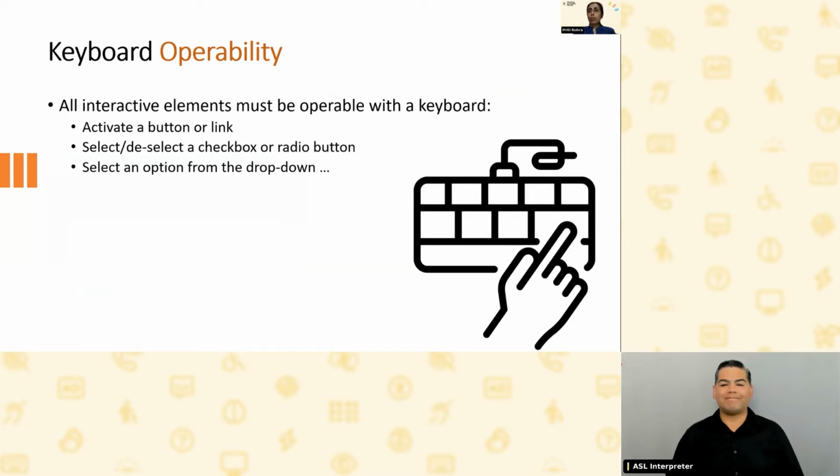So when we talk about keyboard operability, okay, again, native elements have all the information or all the functionality baked in. A button can be operated using the enter key or the spacebar key or even the return key on the Mac side of things. Same is the case for link. Select drop downs: you can tab to them and use the arrow keys to traverse through the options.